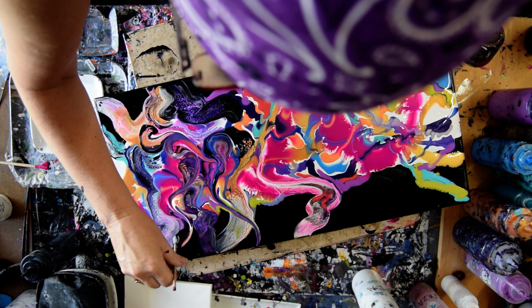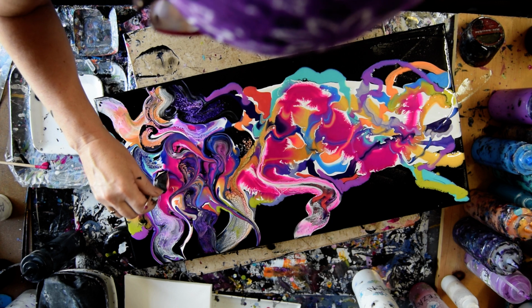I like carving little S shapes into the paint